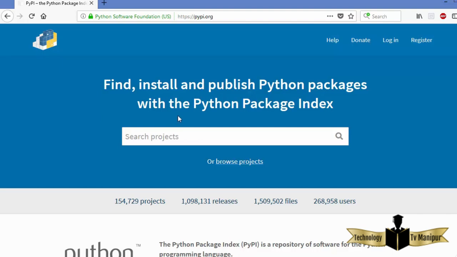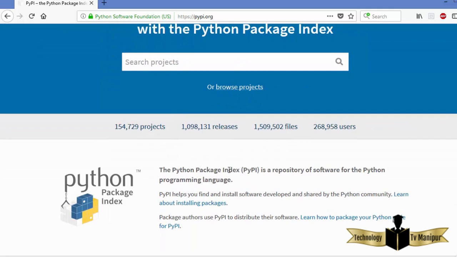So what is Python Package Index? Python Package Index, or PyPI, is the repository of software for the Python programming language. Now PIP helps you to find and install software developed and shared by the Python community. You can get more details by clicking on this link or this link, which are shown on the